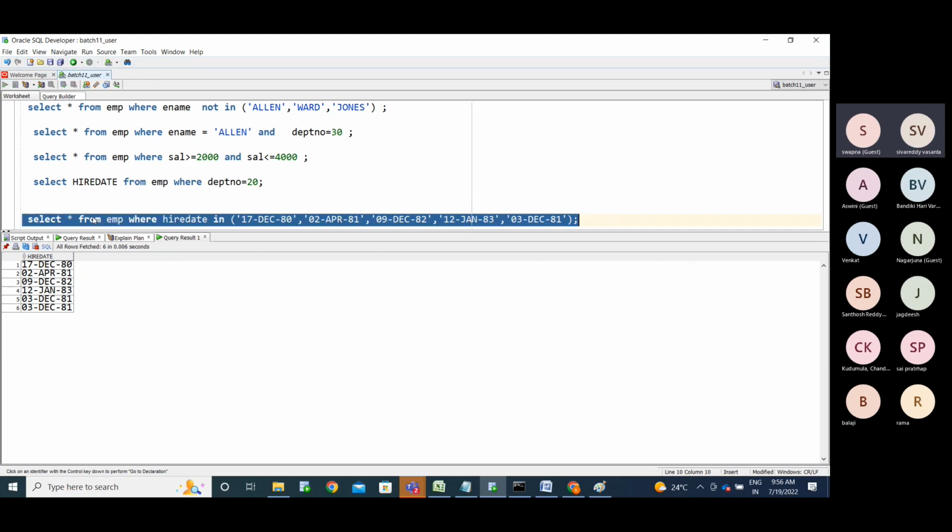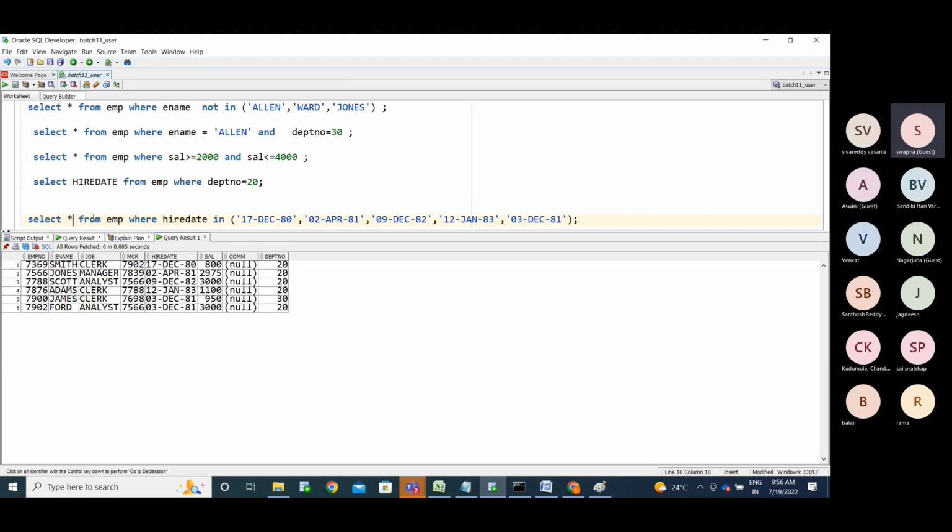Use the star option. See, along with the 20th department, a 30th department employee has also joined. One of the 30th department employees also joined on the same day. If you use 3rd December, you are getting information from two departments, the 20th and the 30th. Okay, so instead of doing these hard-coded values,